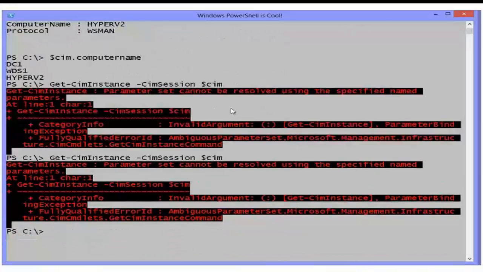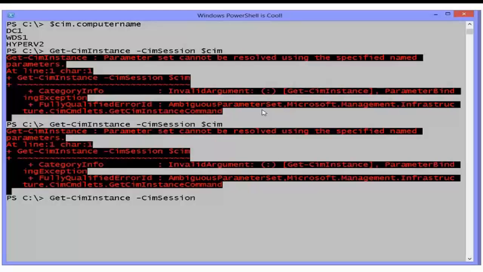Why did it do that? That should have worked. That's weird. Oh, well, never mind. I know what it was. I did them out of order. Class name's what I forgot. So we're going to query Win32_BIOS, specify my sim session $sim,